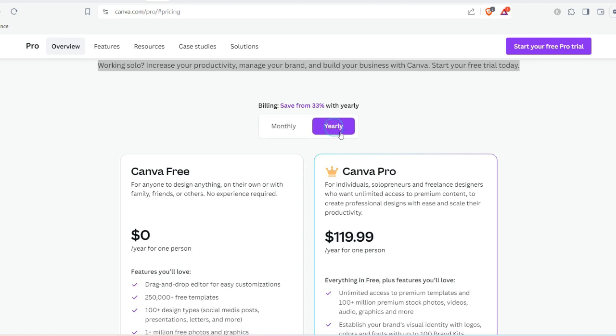And if you are going for a year plan, you have to be paying like $120 to get Canva Pro for just 1 year. But can you actually pay for that, or do you think it's worth it paying for Canva Pro for 1 year? I think that answer is left to you because I don't know what kind of person you are